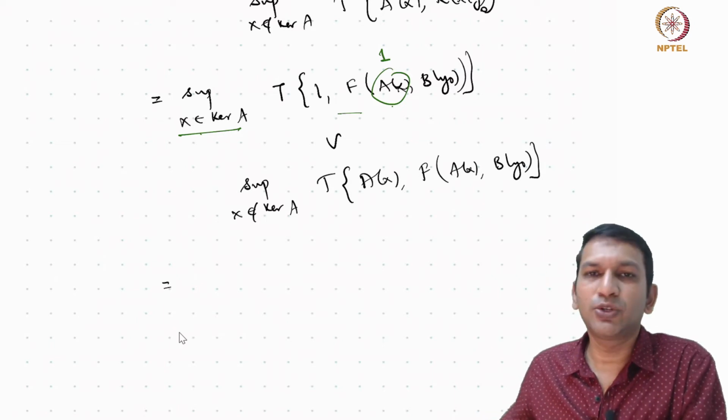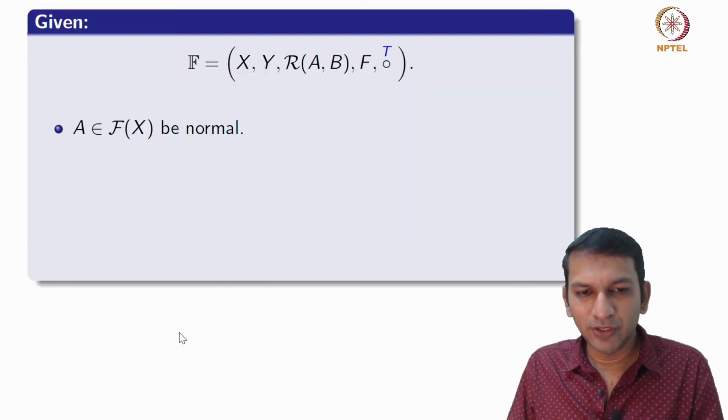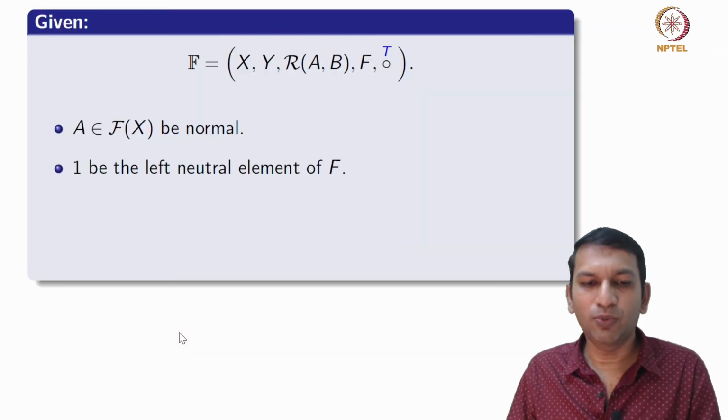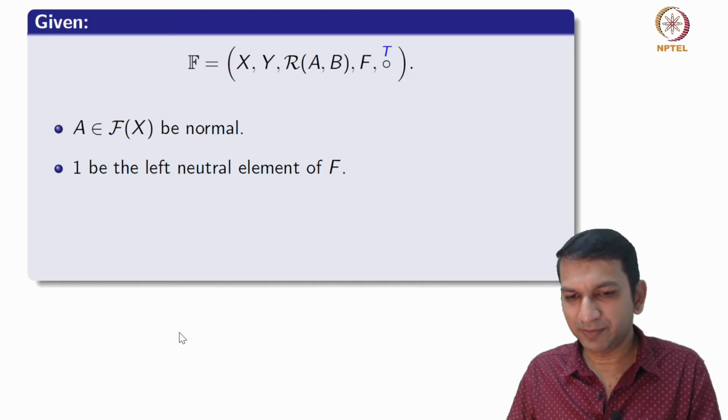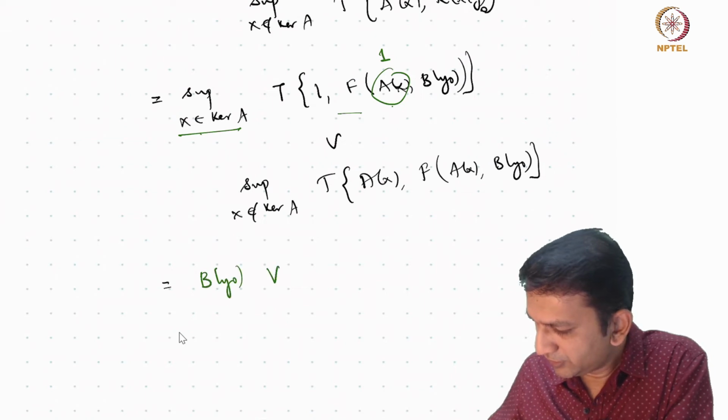If 1 turns out to be the neutral element of f, so let's add this assumption that 1 is the left neutral element of f, then we obtain this to be b of y naught or